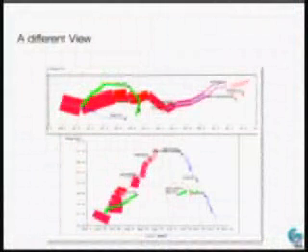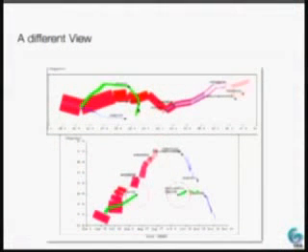But the most interesting thing they did, they said, okay, let's do it differently. Again, this alternative visualization: let's map it in a diagram and a map. So the diagram below, what do we see? On the one hand, on the horizontal axis we see time, and on the vertical axis